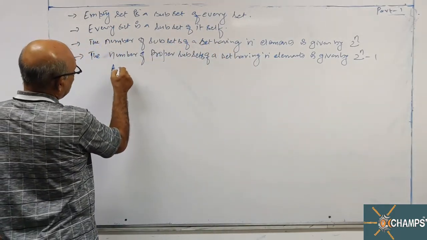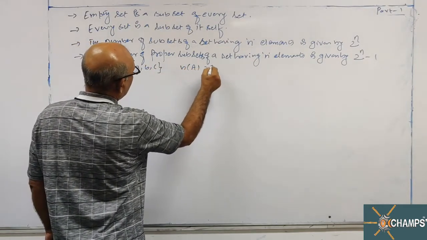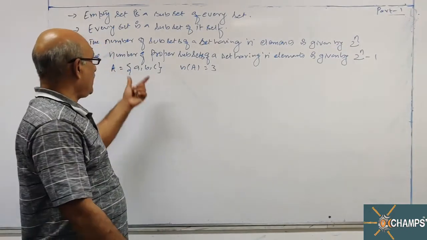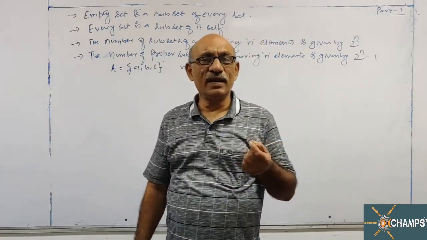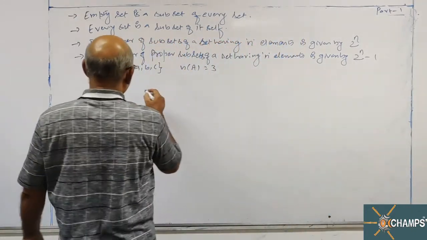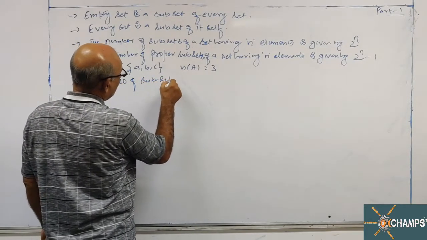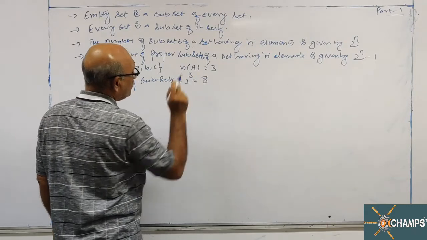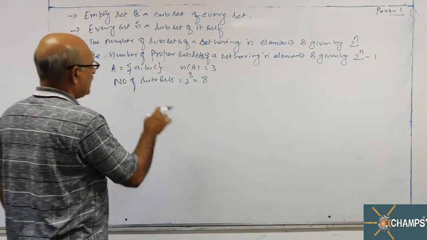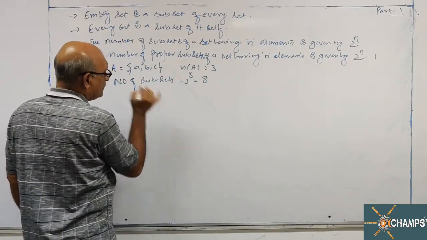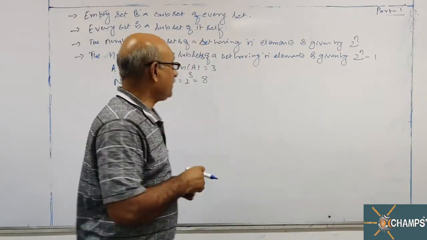Now look at this. Suppose set is having 3 elements A, B, C. So n of A is equal to 3. When a set is having 3 elements A, comma B, comma C, then its cardinal number is 3. So number of subsets is equal to 2 power 3, this is 8. How many subsets you will get for the given set? 8. Let us write not selecting any element. It means empty set you are considering.